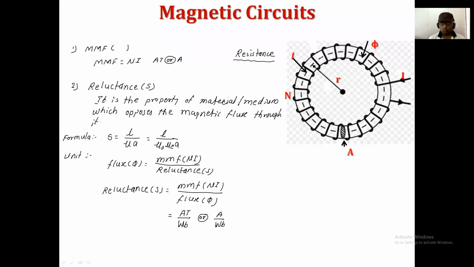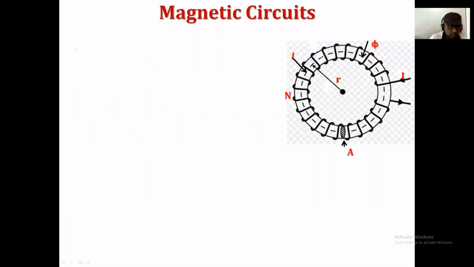And now we are going to solve the numerical on this same basic formula of a magnetic circuit. But before that, let me give the first assignment question. Okay, is this part over? Yes, sir. Okay, now let me erase these things. Now note down somewhere: assignment number 2, which is on magnetic circuit. Question number 1, definitions.